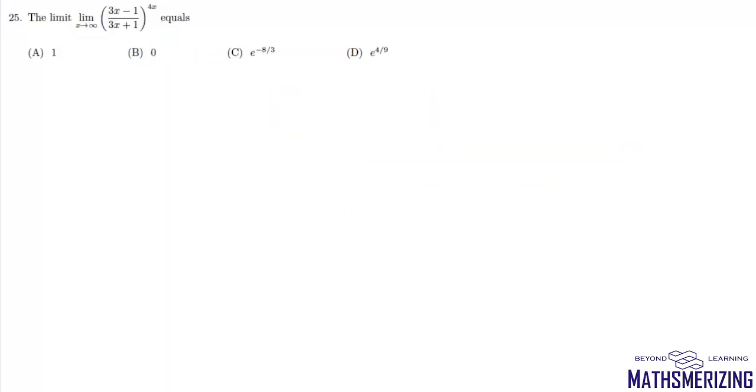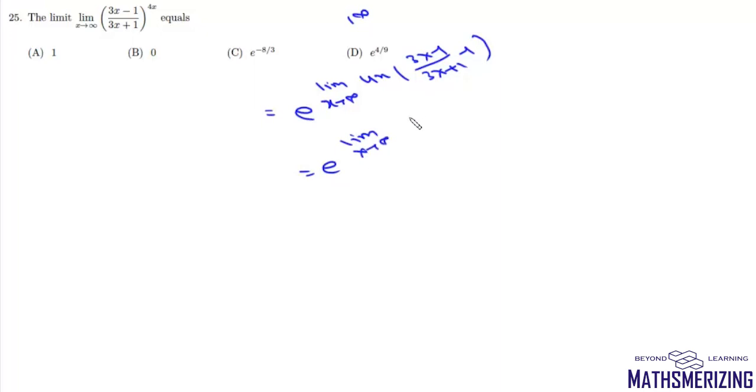Now question number 25. Again it is of the form 1 to the power infinite. So we'll use the shortcut. It will be e to the power limit x tends to infinite of g(x), which is 4x, times (f(x) minus 1). So it will be (3x minus 1) upon (3x plus 1) minus 1. So we'll get this as limit x tends to infinite, and here it will be minus 8x upon 3x plus 1. Now this is an infinite limit. Highest power is x. So this limit will be e to the power minus 8 by 3,